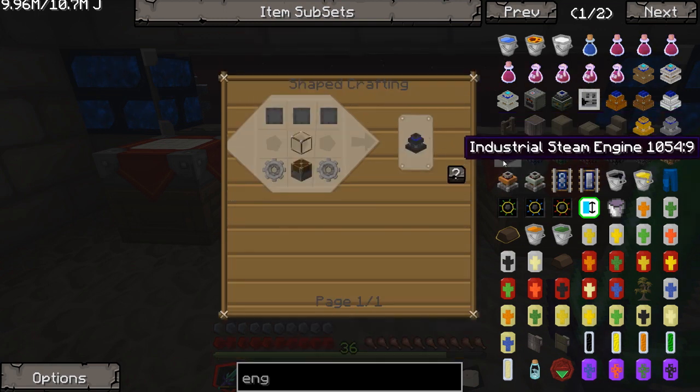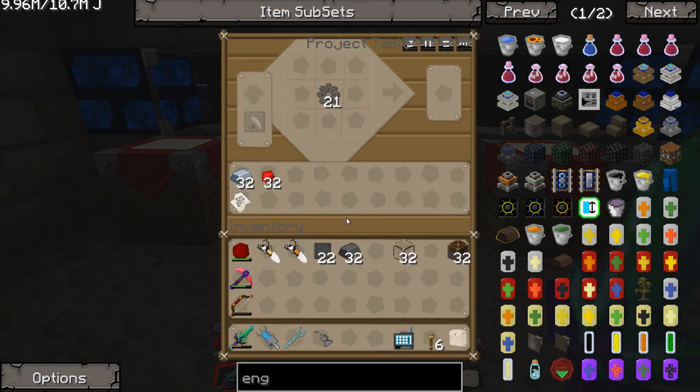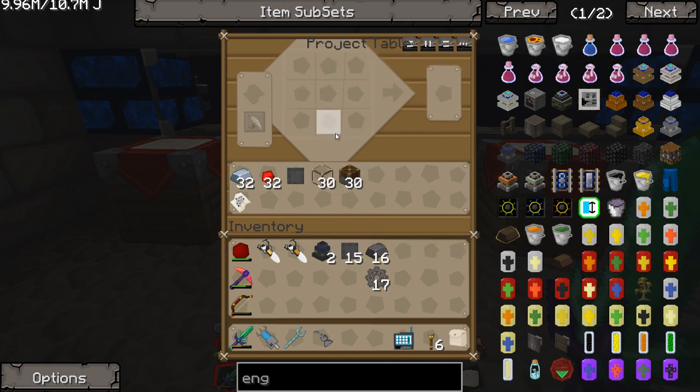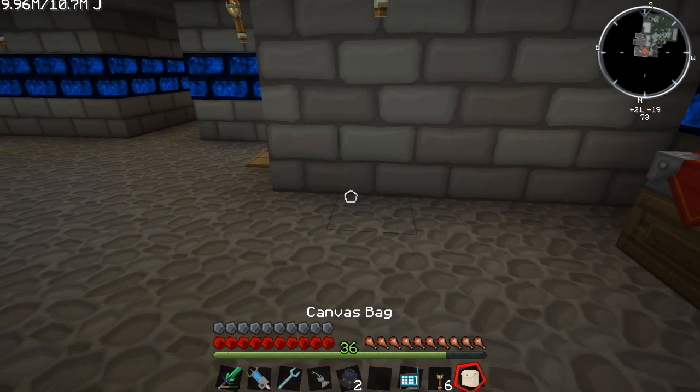Alright, so I want to make at least 2 of these up for now. Steel gears. So I'm going to need... I should have enough of everything, actually. So I'm going to make 4 of these. Pull those out. Place our pistons down. Glass here. And our steel plates on top. That'll give us 2 industrial steam engines. Pretty sweet. Alright, we'll just go ahead and leave all that in there for now. Now, I believe I'm going to want to grab...